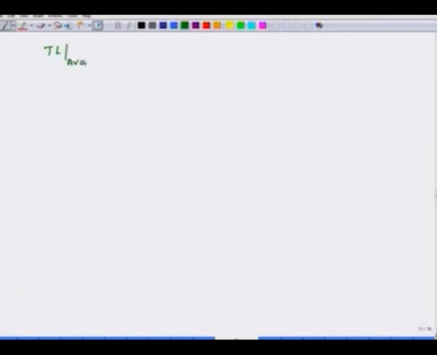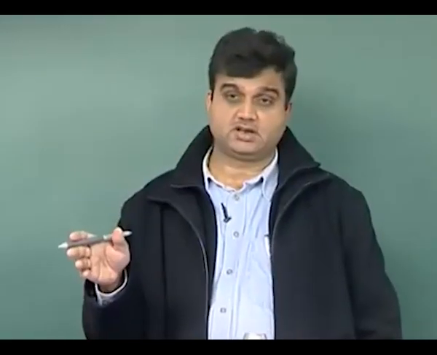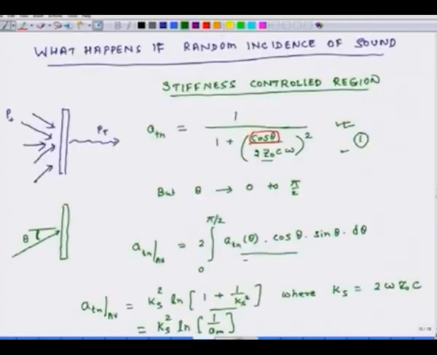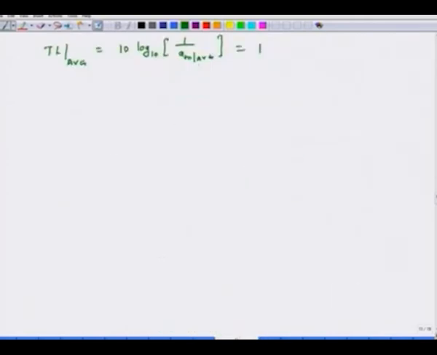Moving on, what I can further write is the average transmission loss, implying that energy is hitting the wall from all directions. If I take an average of that, then the average transmission loss is equal to 10 log 10 of 1 over the average attenuation, and now in this parenthesis I plug in this number. So, what I get is